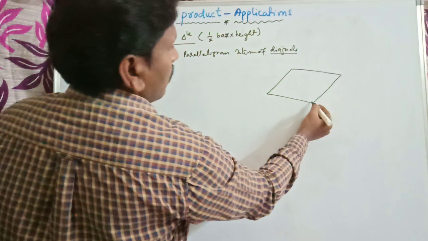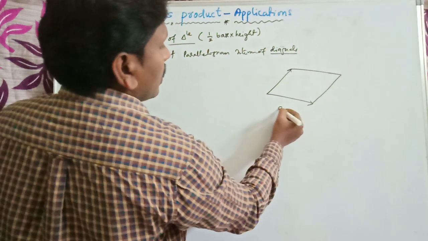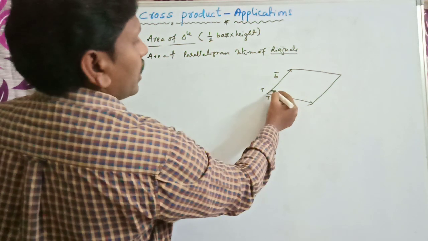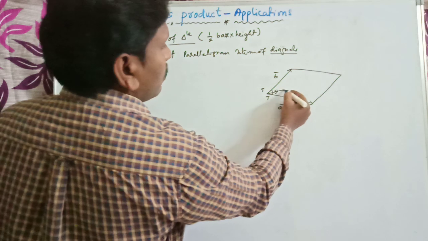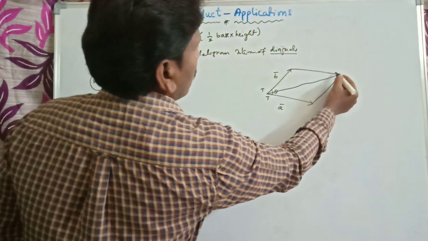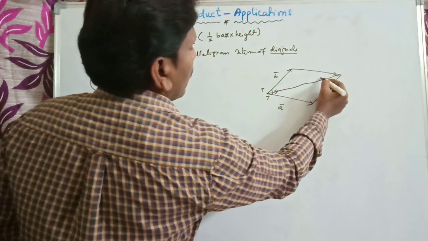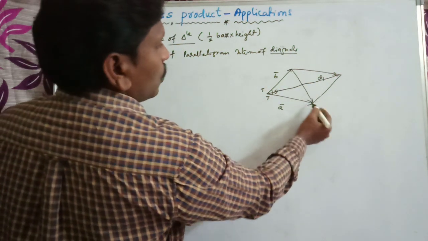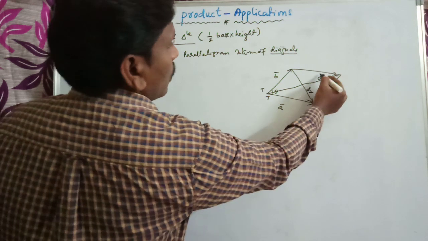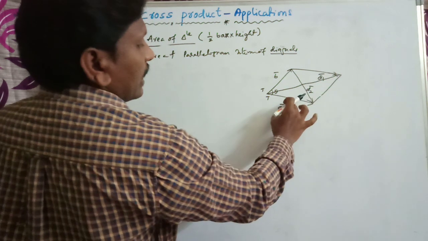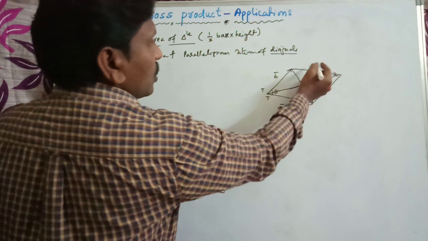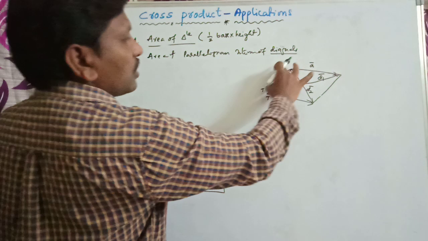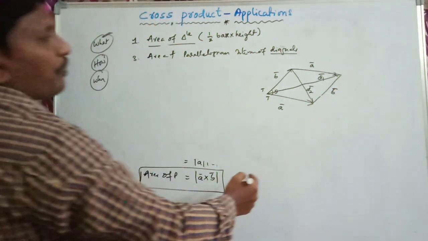This is a parallelogram, that is A bar is a vector, B bar is a vector, which are added with respect to tail, then the resultant vector comes out. Let us consider this is diagonal 1 and this is diagonal 2, that is D1 bar and D2 bar. This A bar is a vector which is parallel to this one, the parallel shift of the vector A bar, and the parallel shift of this B bar is B bar.